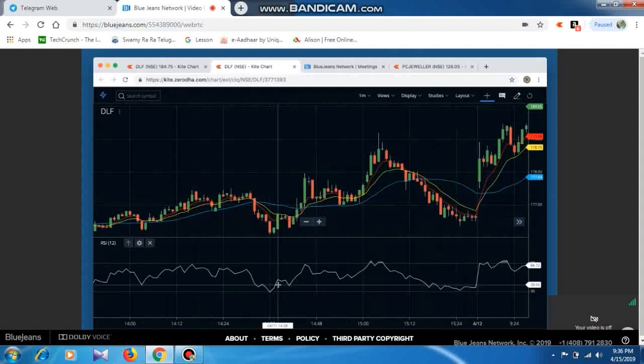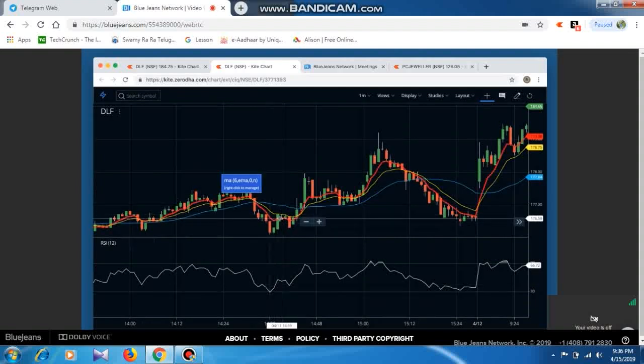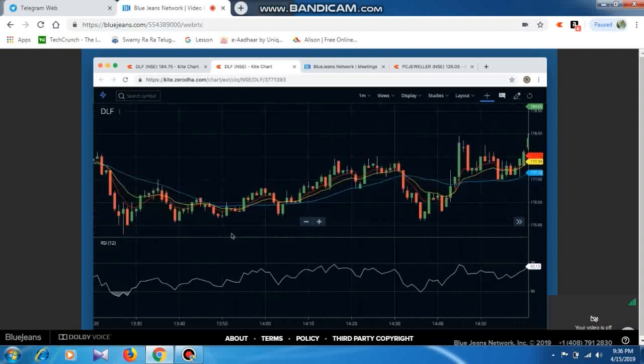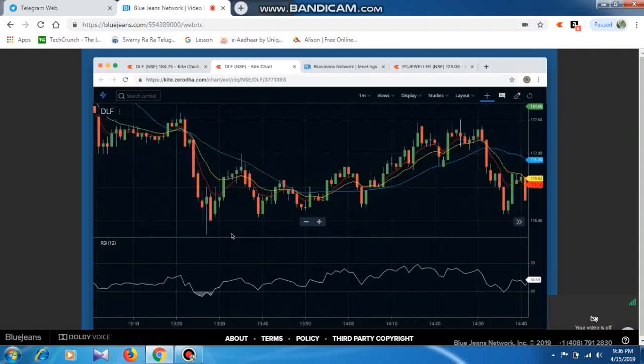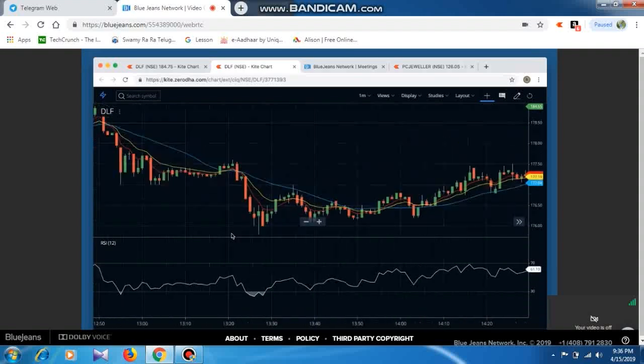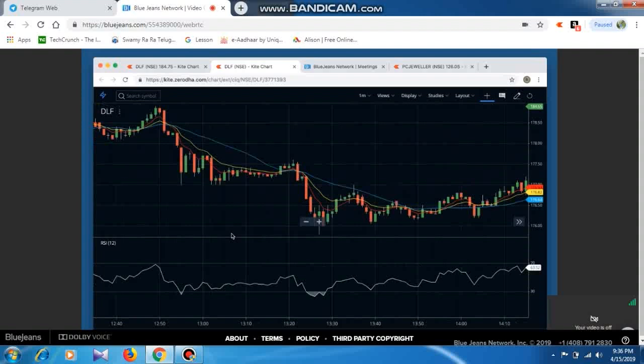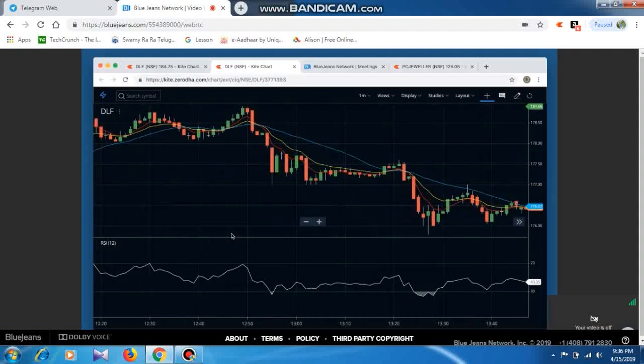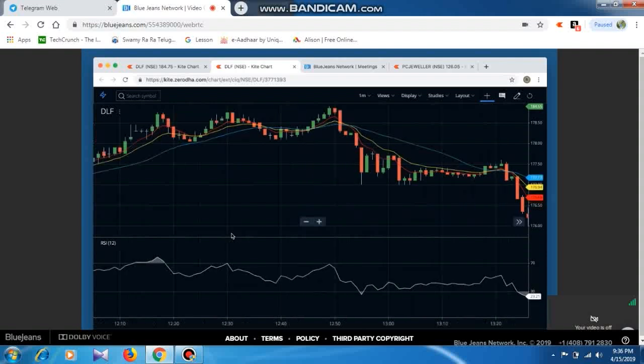Check the condition of the EMA. It was not going up. Okay, after a while it started going up. So you can buy it, take 0.2% and then exit. But I advise you to short sell only. Going long is also fine, but I advise short selling. It is easier compared to buying first and selling later.